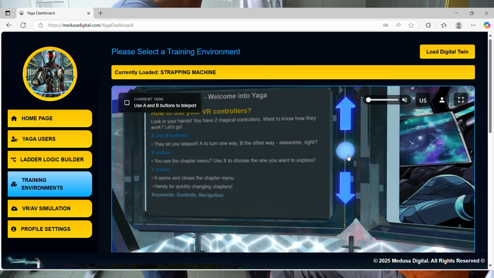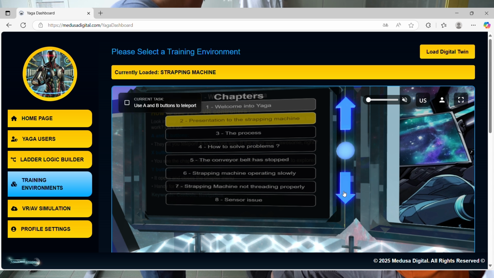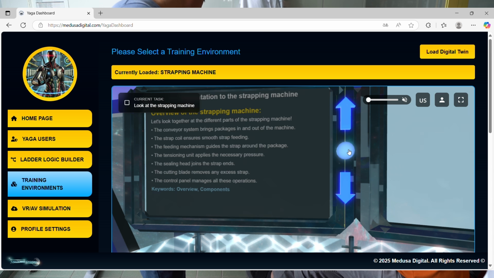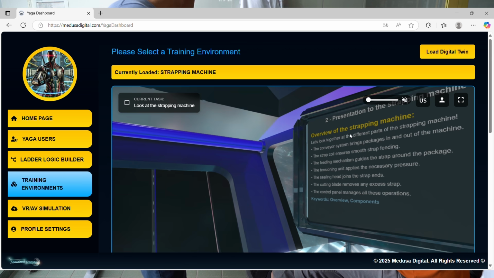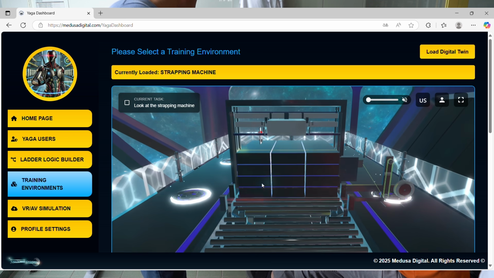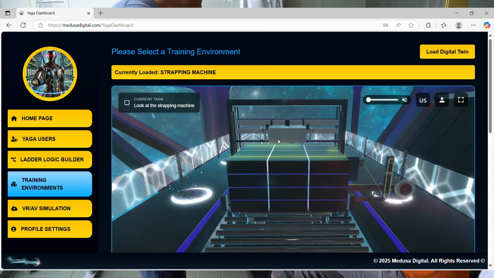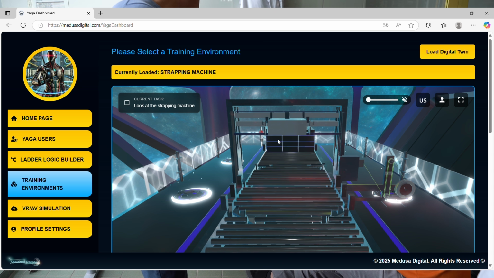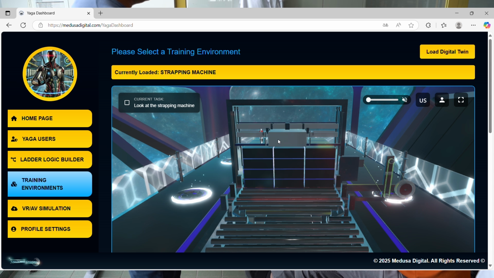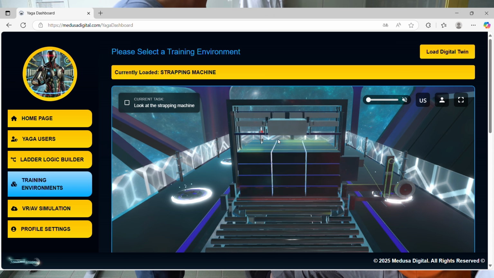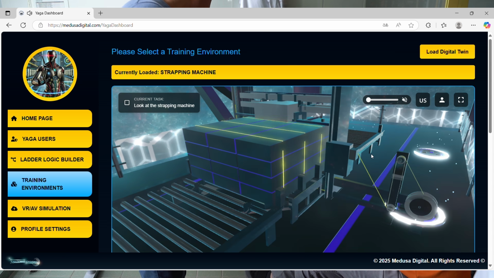In here, it has more modules, like for instance, the strapping machine. What is the strapping machine? Let's take a look at the machine. If you go back, you're gonna see that it has different sensors, and you'll see animations of how this works. The objective is that they understand that this is a machine meant to strap around packages, pallets, and whatever, so they don't fall down. So we begin with animation, so they understand what it is about, and then we actually